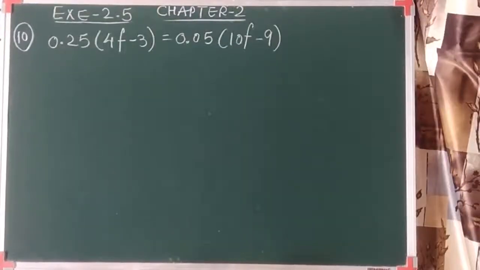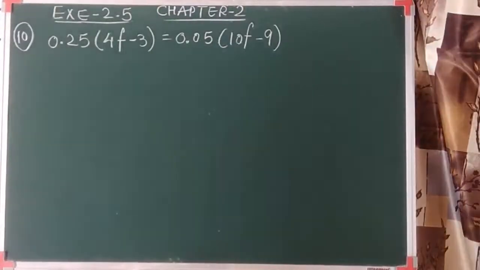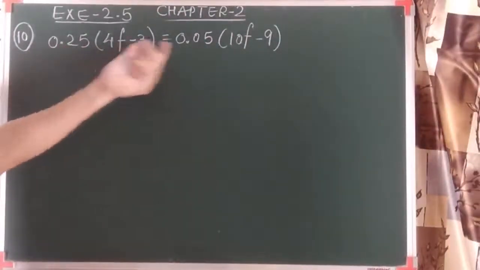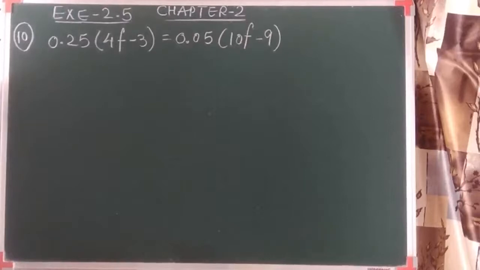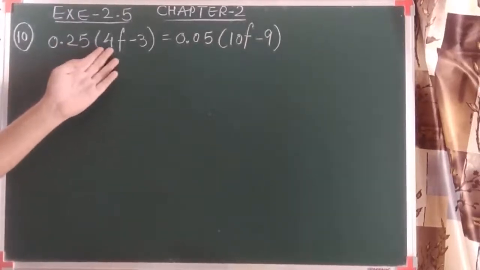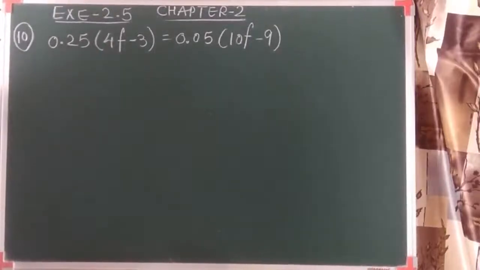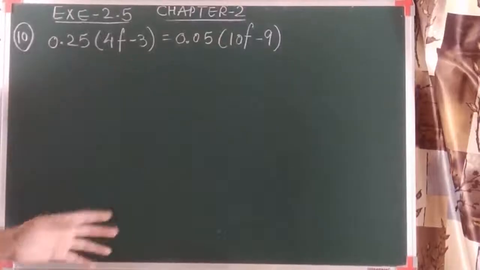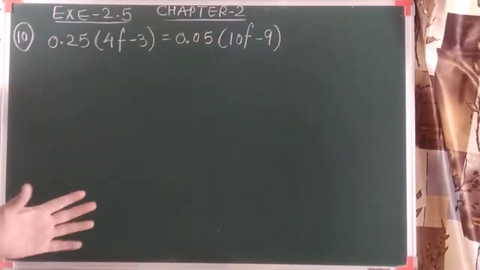Let's see one more question of the same exercise. This is again an important question because it has the decimal as well as the terms which are in the bracket. So there are two ways you can do the sum. Either you directly multiply with the decimal, then you simplify. But remember, when you are multiplying with the decimal, the term obtained in the decimal, then the addition, subtraction, leave it.